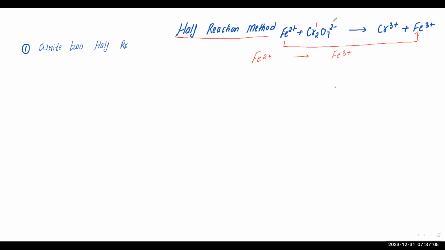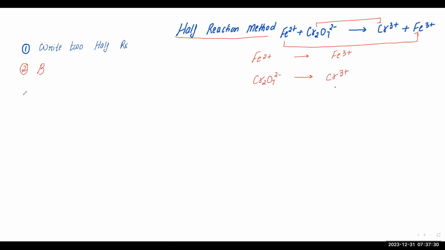And second is this one. Check the species. They will tell you that, okay, I'm one half reaction, I'm another half reaction. The species are telling you. So just work with the species and identify two half reactions. These are two half reactions. Rule number 1 is done. Rule number 2,